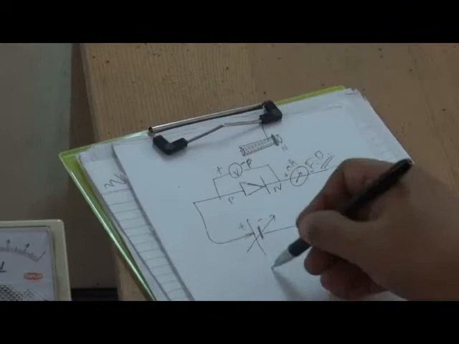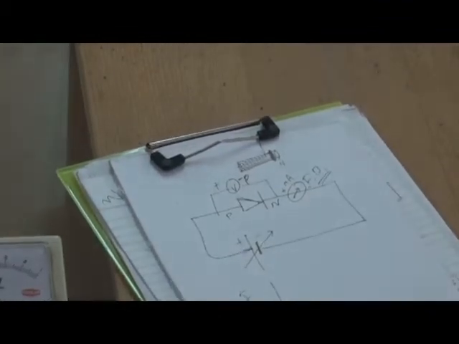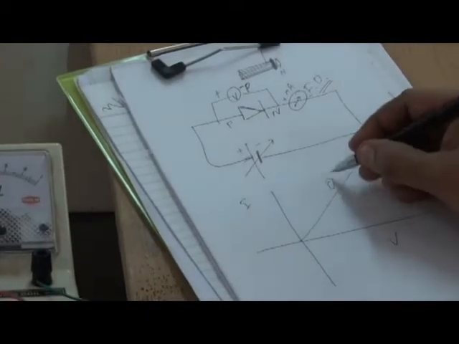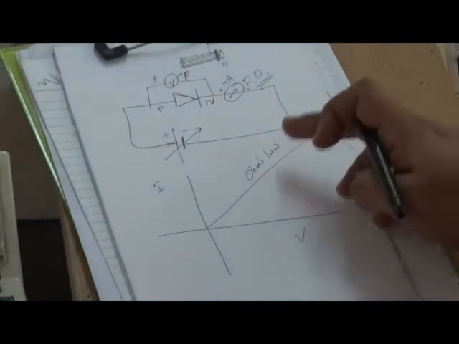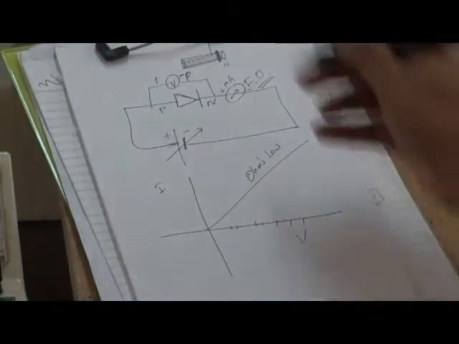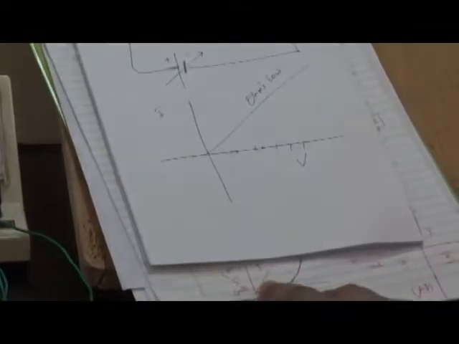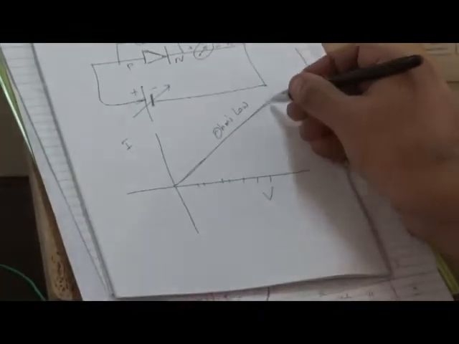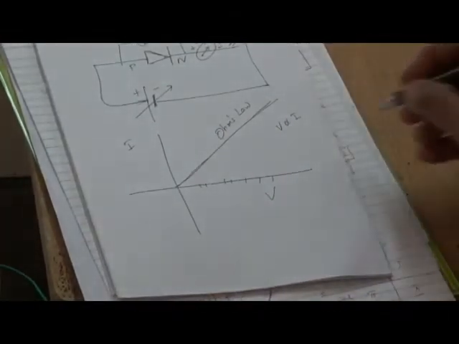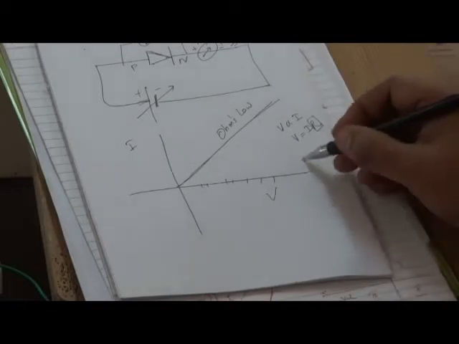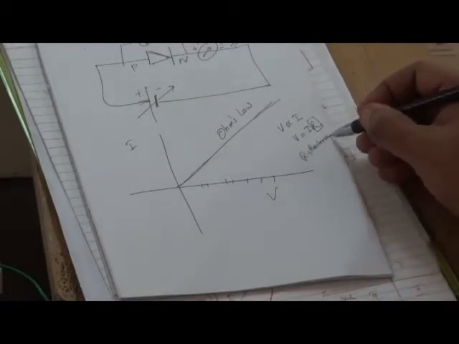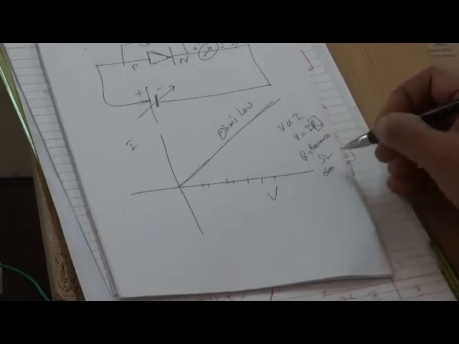And when it is forward biased, this is the voltage and this is the current. It will not follow a straight line like what we studied in 10th standard Ohm's law. This is the experiment we do first in the 10th standard, Ohm's law. When you are increasing the voltage either across a resistor or across a bulb, the current will also increase like this. Voltage is proportional to current, or voltage is equal to I into R, where R is the proportionality constant, that is called the resistance, which is measured in ohms. This all we studied in 10th standard.